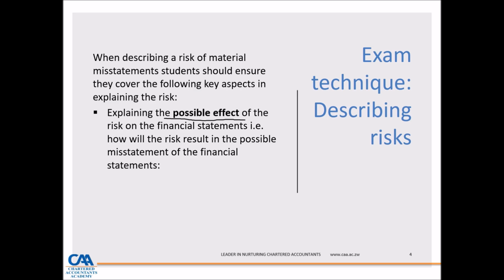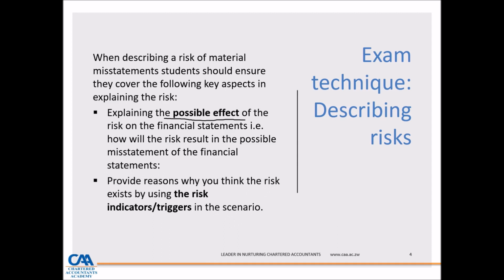And secondly, why do you think the risk exists? So this is largely driven by the trigger. So if you look at my example, why do I think that the company may fail to comply with the ZSE reporting requirements? Because they are newly listed. So a completely described risk should have both the risk trigger plus how it will result in the misstatement of the financial statements. Then when you are looking at a detection risk,